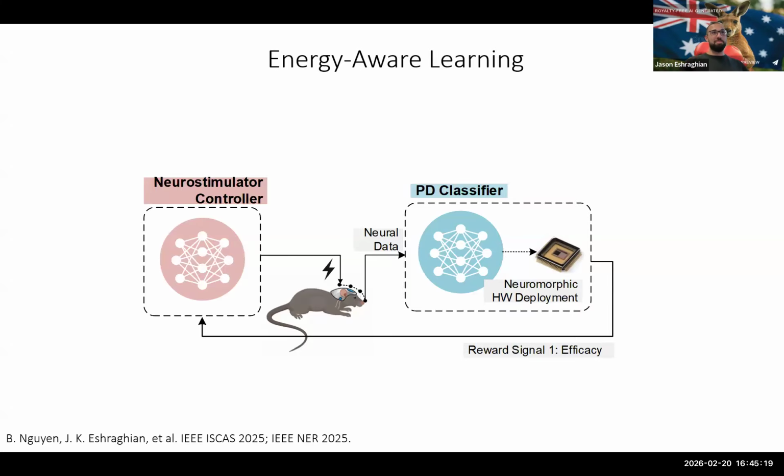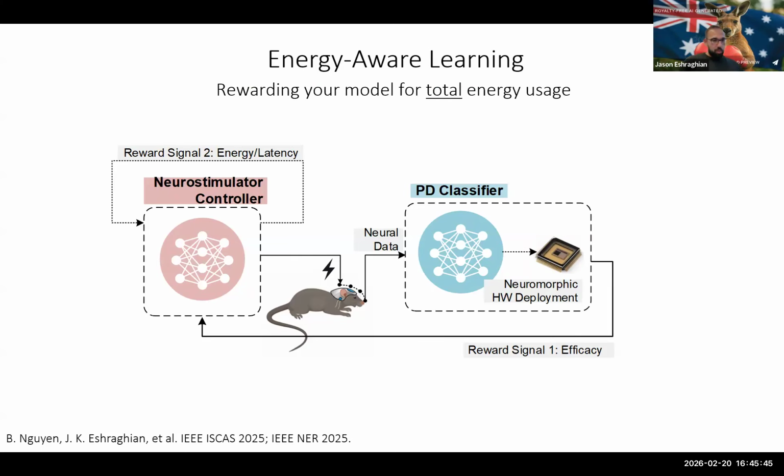If yes, congrats, reward. The second reward, which is where things start to get a little interesting, is energy or latency, depending on what you care about exactly. In this picture, perhaps we care a little bit more about energy. So what this model is really trying to learn is, how can I suppress these behaviors? How can I suppress, I guess, the manifestation of Parkinson's disease using the least viable energy, right? So the point is that you reward your model for the total energy usage, not just the spiking neural network